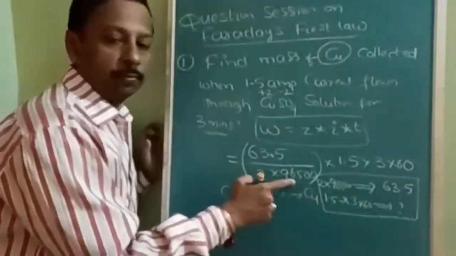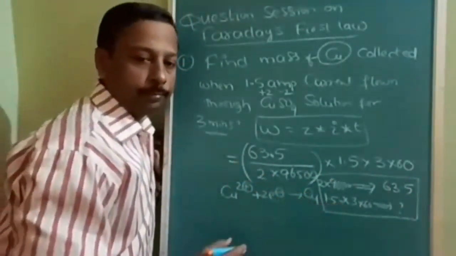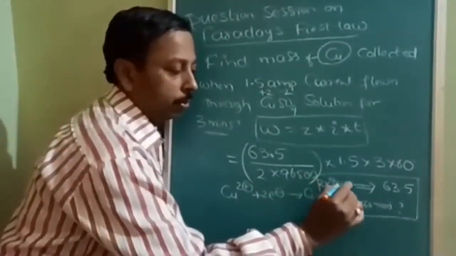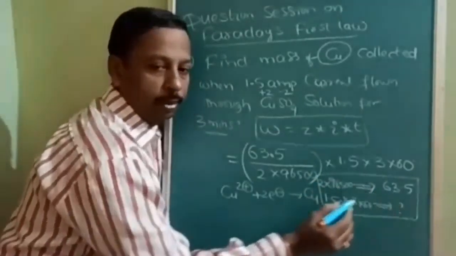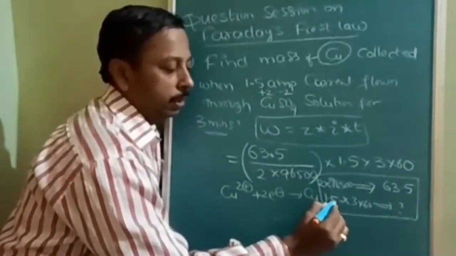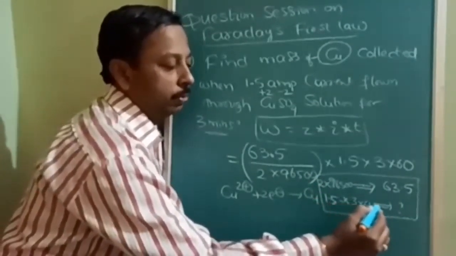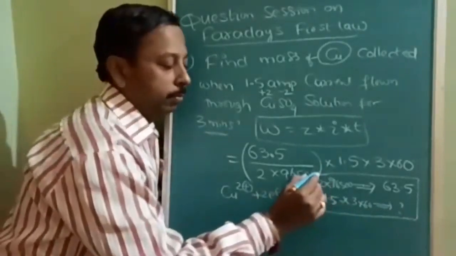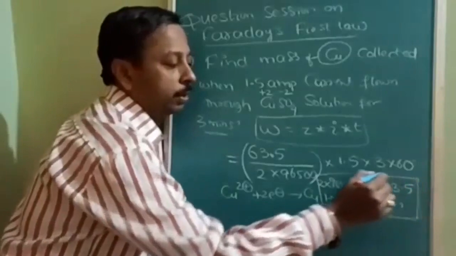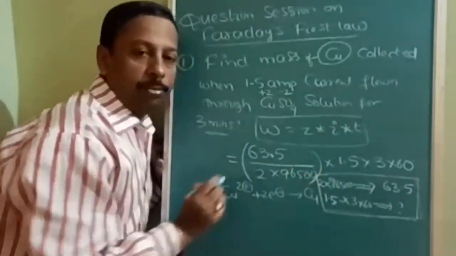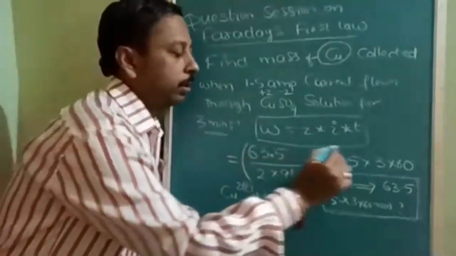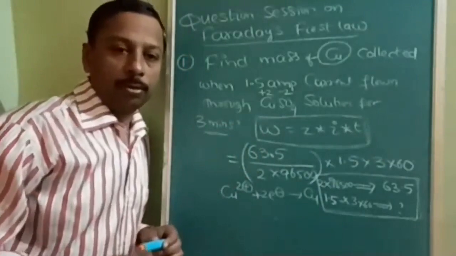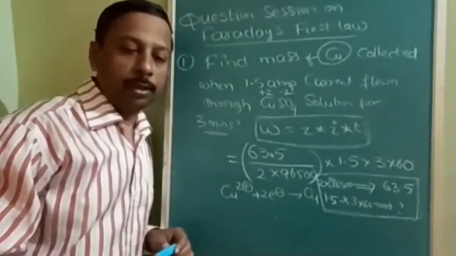Okay, actually this formula is derived from this method only. So what is this? 2 into 96500 gives 63.5 grams. Then I am giving charge of 1.5 into 3 into 60. Then how much will I collect? Okay. Those who are not interested in mugging up the formulas can follow this method. Those who feel comfortable substituting and simplifying in the formula can use that method. Both ways you will get the same answer. Okay. So note down this, then we will go for a somewhat difficult question.